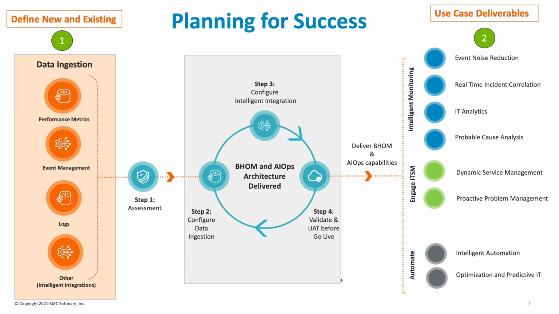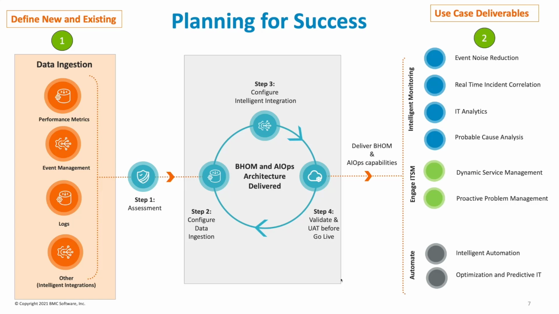And the second step, as we already talked about in the slides before, is the use case deliverables. What do I want to achieve here? We've got some key items here that we're looking at, like event noise reduction, saying I don't want to be bothered by noise in my events. How can I achieve that? And that is, for instance, a point where TrueSight differs from Helix Operations Management. You might have done that differently because you didn't have the functionality in TrueSight that you would use in